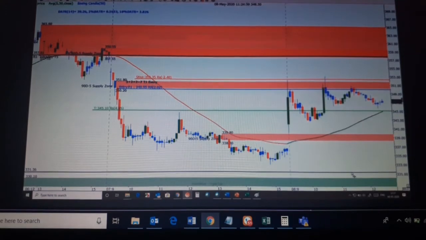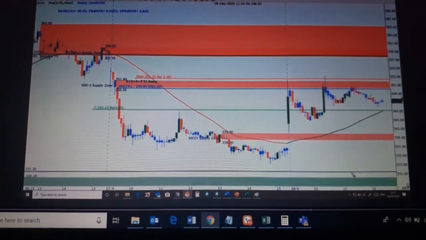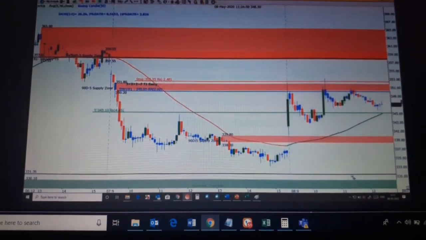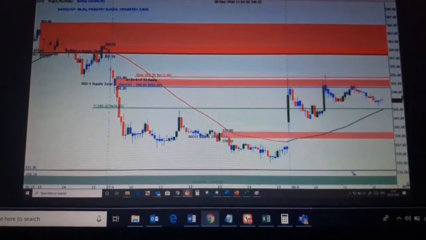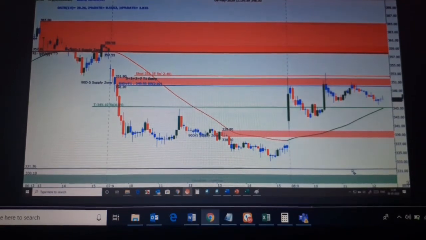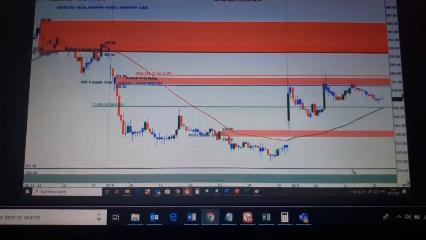Who told you to mark it today? I told you to mark it yesterday. See, you are again confused. You are taking it as per your convenience. When I say that you have to mark your zone as per the close yesterday, then you have to mark your zone as per yesterday only.